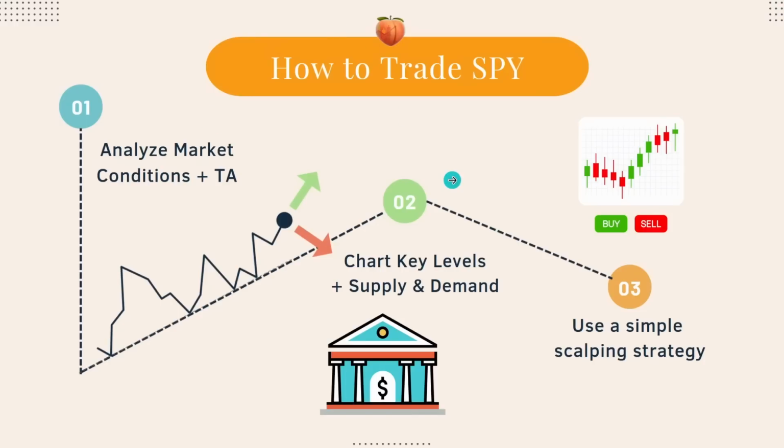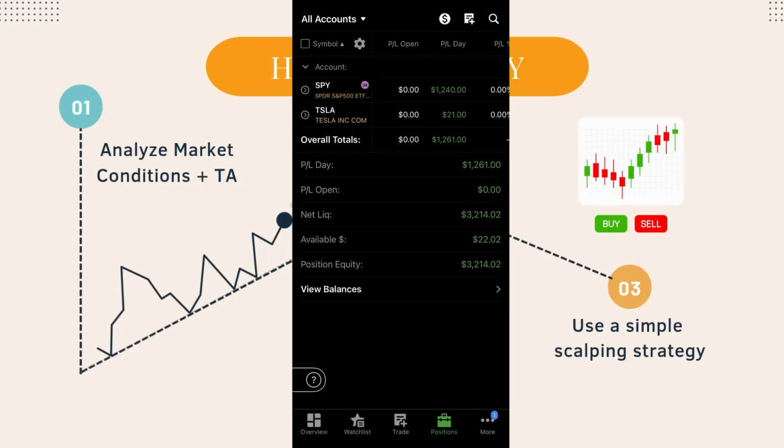Step number 2 is you're going to want to chart key levels as well as supply and demand zones. I will briefly cover these 2 topics and I'll show you some examples of each. And step number 3 is use a simple scalping strategy. So I will walk you guys through a trade example that I just did on SPY yesterday as of recording